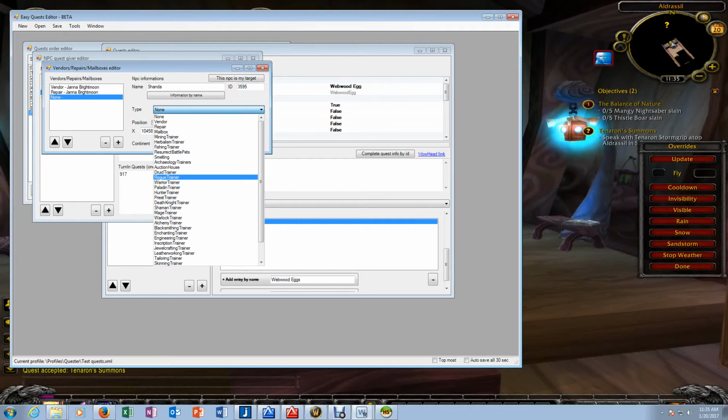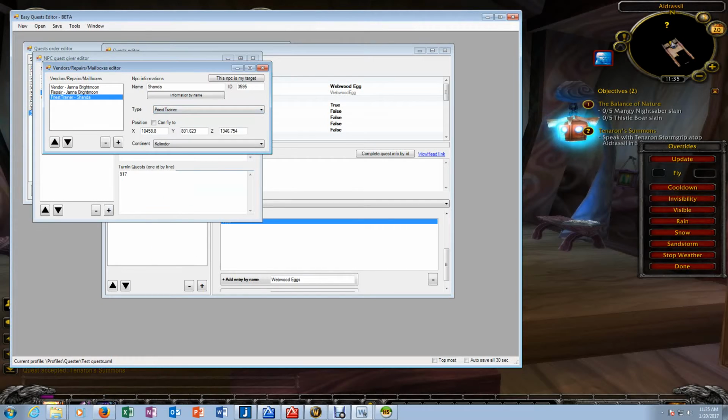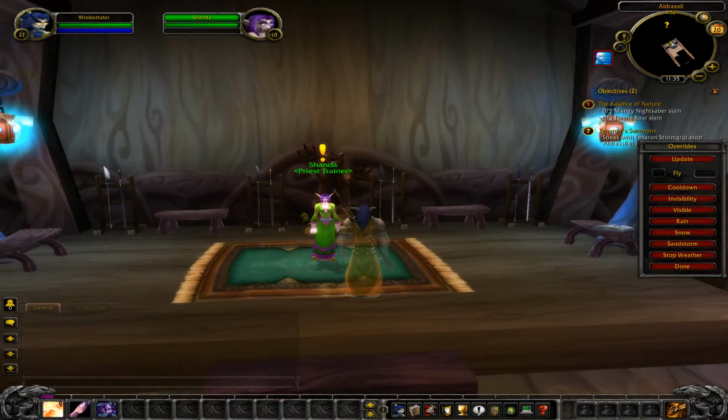I try to find all these NPCs that are within the same route of my profile of where I'm questing at. So that way, no matter who's using it, what class they are, they'll go to their trainer. This NPC is my target. Oh, sorry, wrong button. And then plus. Okay, so now that I showed you trainers,